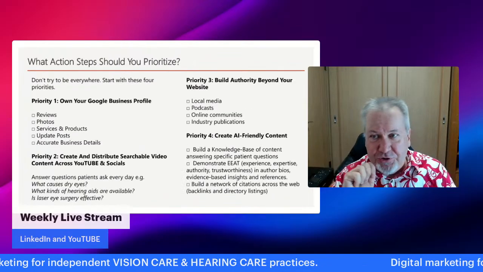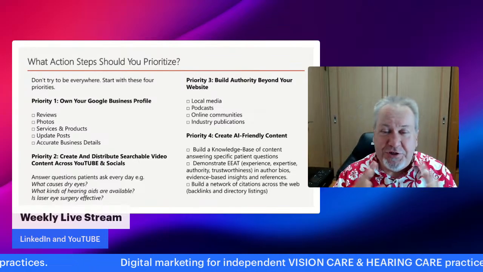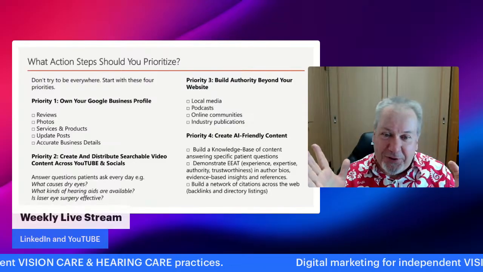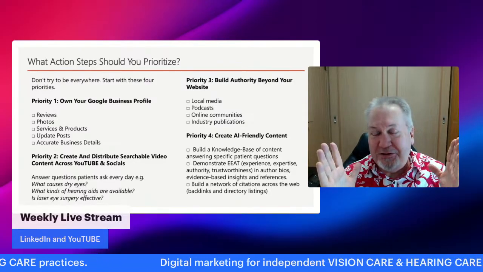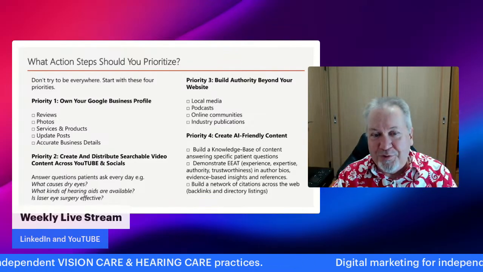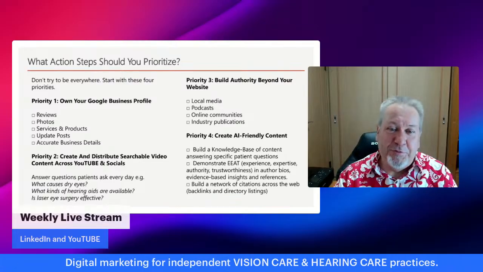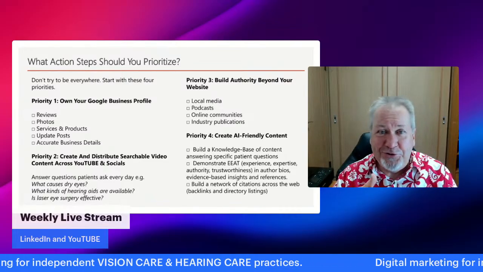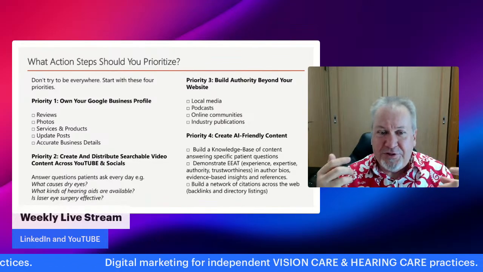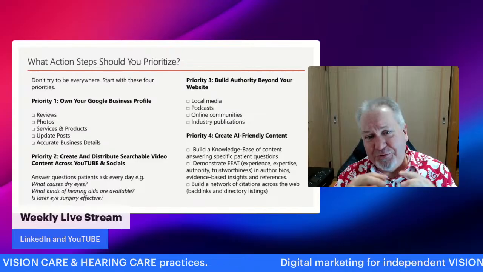So what action steps should you prioritize from here? When I say search everywhere optimization, that obviously sounds like a lot of work, and it could be, but I think the idea here is that you should perhaps prioritize certain things. I'm going to give you 4 places that you can start. The first is with your own Google business profile. You should have a Google business profile. If you don't have one, that's the first thing that you should do today. But check your reviews. How many reviews have you got? How could you get more reviews? Go back and look at previous videos. I've talked about that.